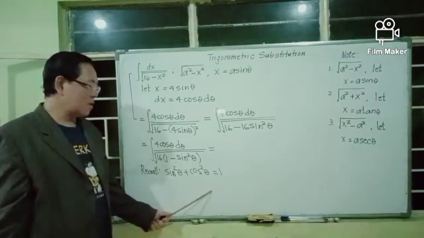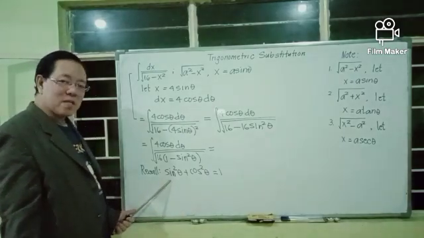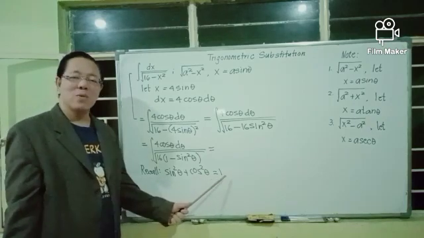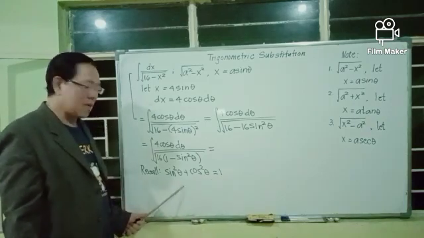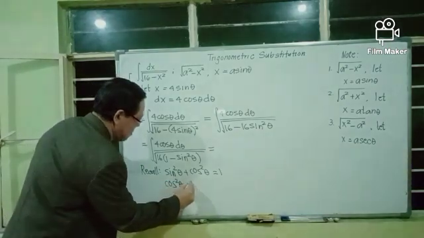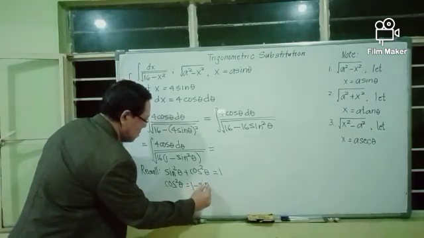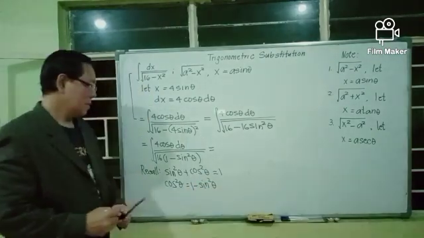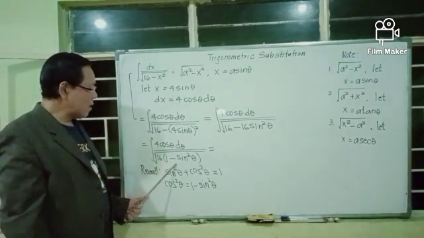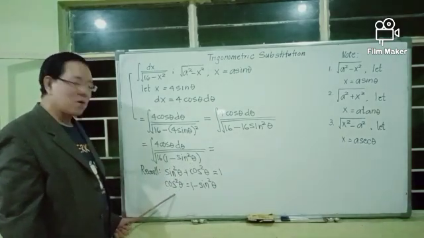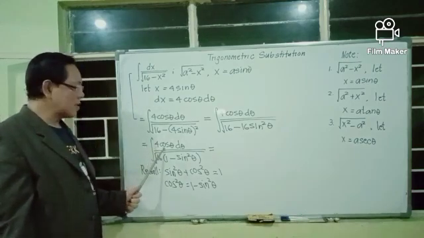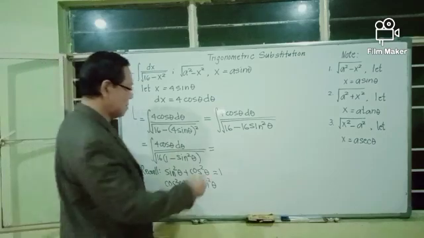And from this equation, if we transpose sine squared theta to the right hand side, we get cosine squared theta is equal to 1 minus sine squared theta. Thus, in the denominator, we replace 1 minus sine squared theta by cosine squared theta. And we have the integral of 4 cosine theta d theta